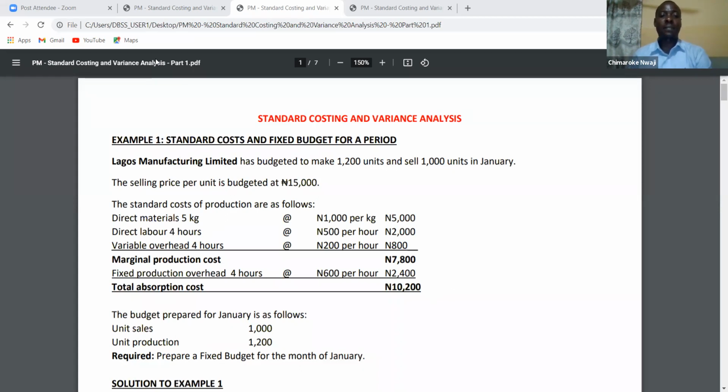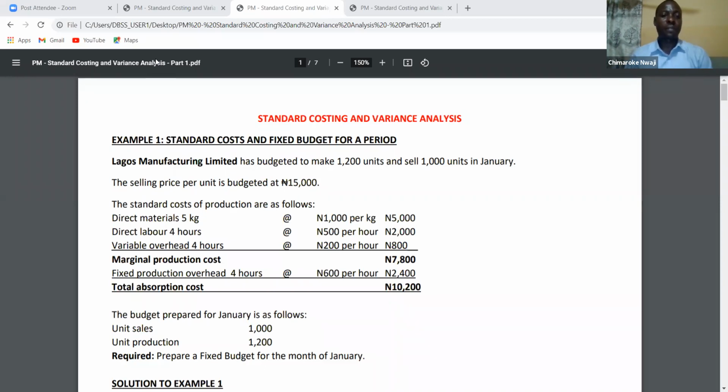A standard is the unit for evaluating one unit of a product. So when we say standard costs, you will also follow it with one product. So a standard cost of one product or a standard price of one